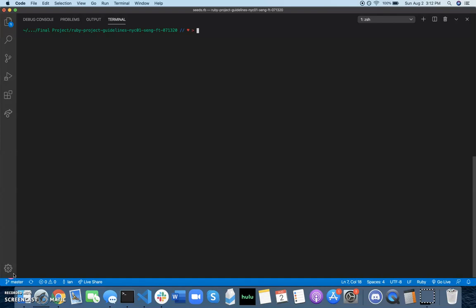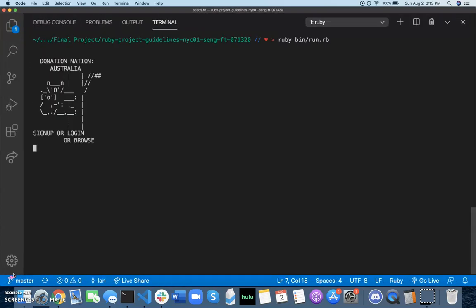So to run this file, we're going to run ruby bin run.rb, and that should pull up our welcome page. Let me make this a little bit bigger for you. So this is Donation Nation Australia. When we first open the app, we can either sign up to create an account, log in to an already existing account, or we could even browse as a guest. Now, if we browsed as a guest, we would not be able to use the save our favorites function of the app. So for now, I'm going to sign up,